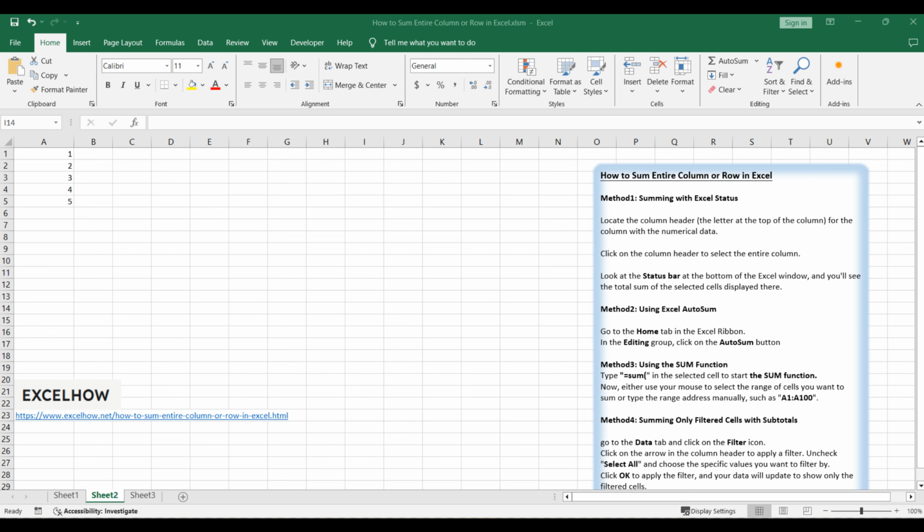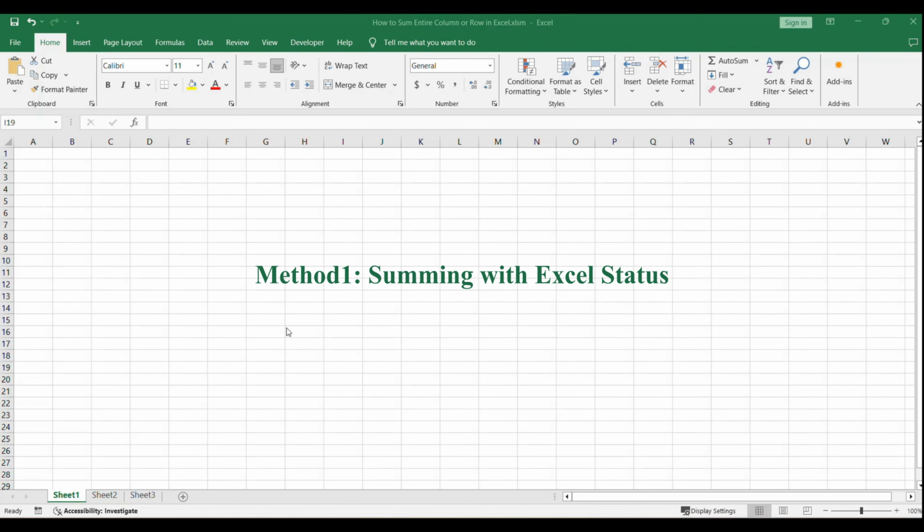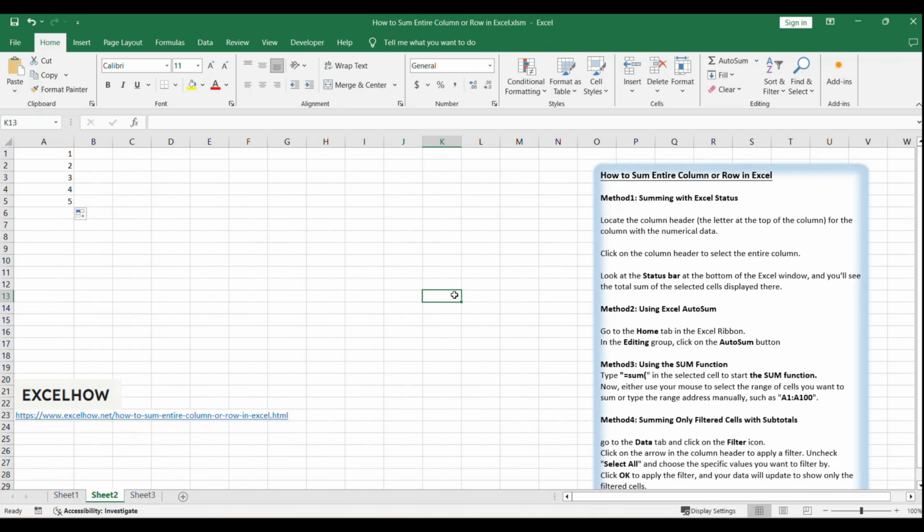For a quick and effortless way to sum a column, follow these steps. Navigate to the worksheet containing the data you want to sum. Locate the column header, the letter at the top of the column, for the column with the numerical data. Click on the column header to select the entire column. Look at the status bar at the bottom of the Excel window, and you'll see the total sum of the